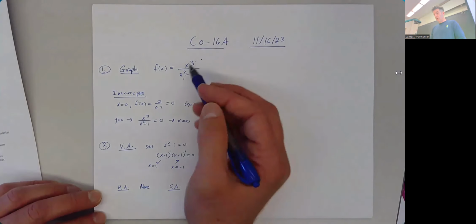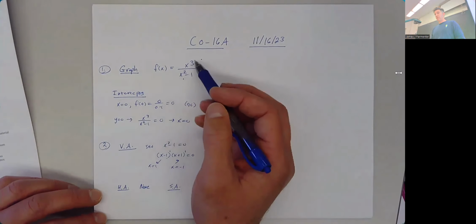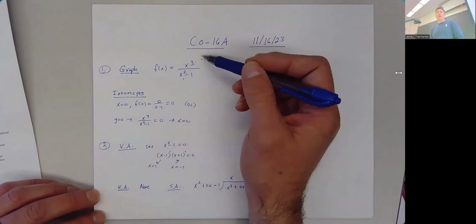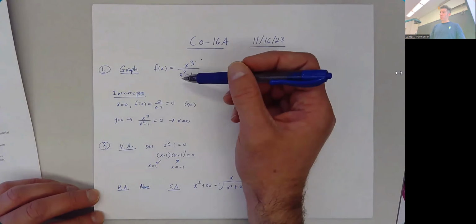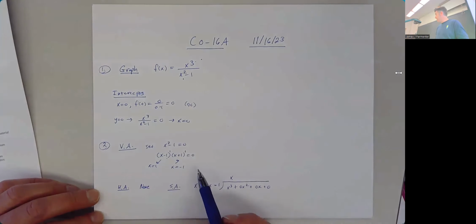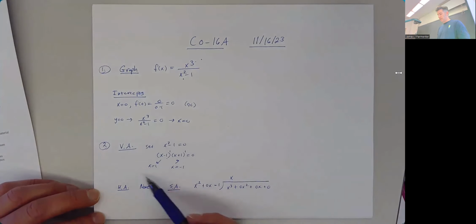And I was pointing out that we know we're going to have a slant asymptote because for this rational function the degree on top is 3, which is exactly 1 larger than the degree on the bottom, which is 2. We found the intercepts, which were not that hard. We found the vertical asymptote by setting